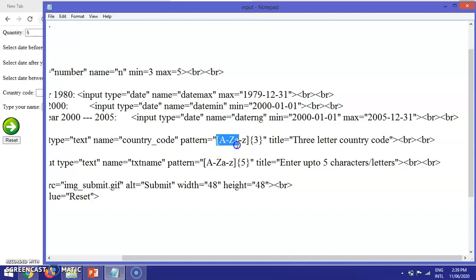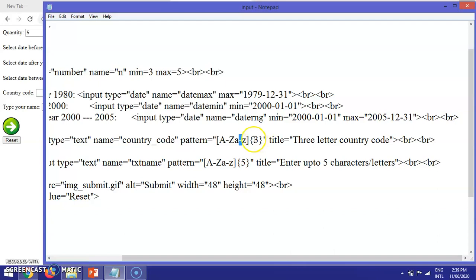That is why patterns are strictly made and strictly used according to the tools. That is a detailed study of how to create patterns. For now we will use simple examples of patterns like this, and if there is a need we will also study the patterns for email, password, URL, search if such examples come. So for now understand this is very simple. In square brackets you have to provide which type of characters or numbers. If you want numbers 0 to 9, there is no case in numbers, so you just have to provide 0 to 9.